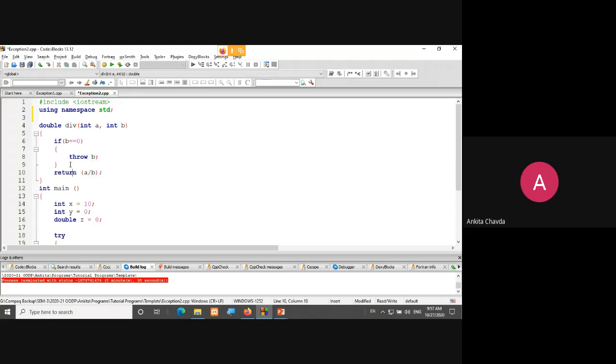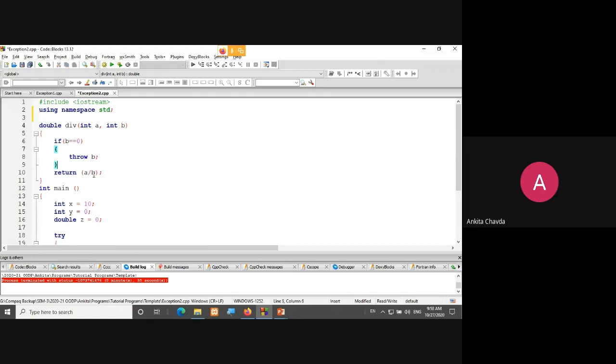Otherwise, if your b value is not equal to 0 and it is a normal value, then in the division function you simply write a divided by b. But if your b equals 0, then and only then you throw the exception.